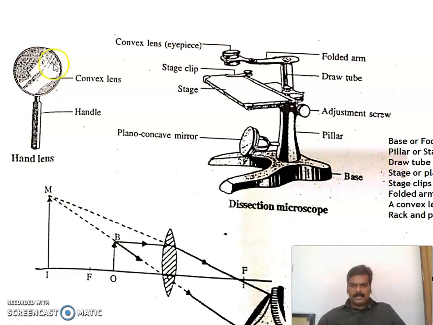Let's examine what is happening when we are using this kind of lens. This is the position of our eye, and this is an object. OB is the object, and this is the lens we are holding. This is the simple hand lens. When I am using a biconvex lens, the lens will project an enlarged, virtual image IM of this object